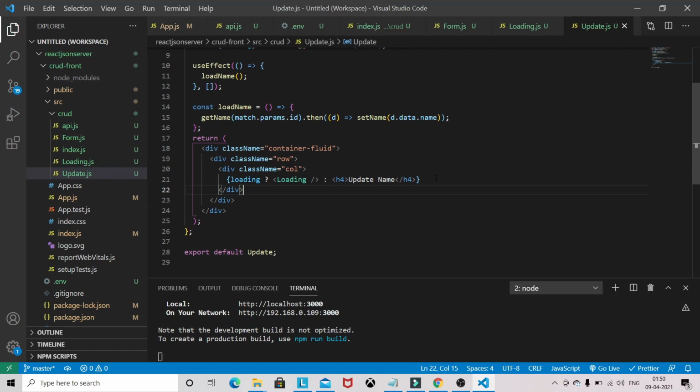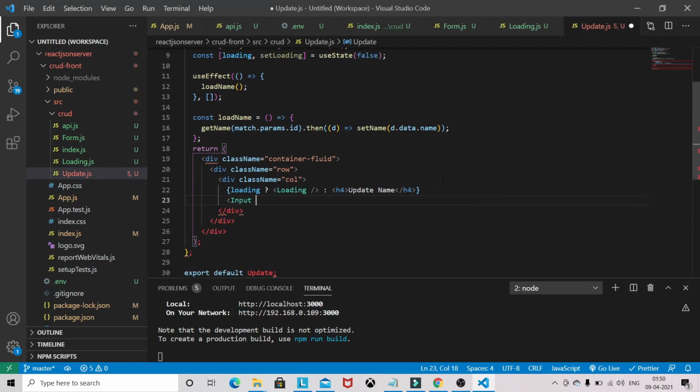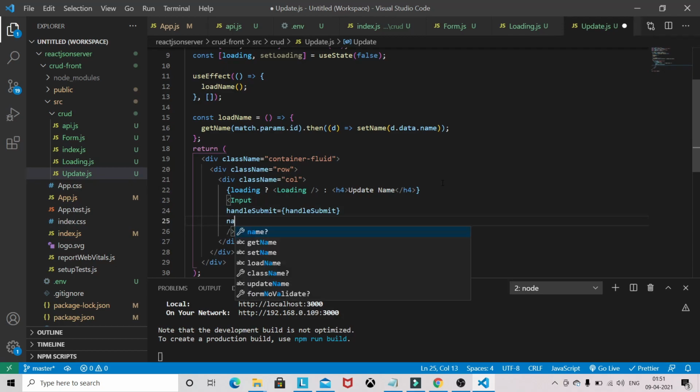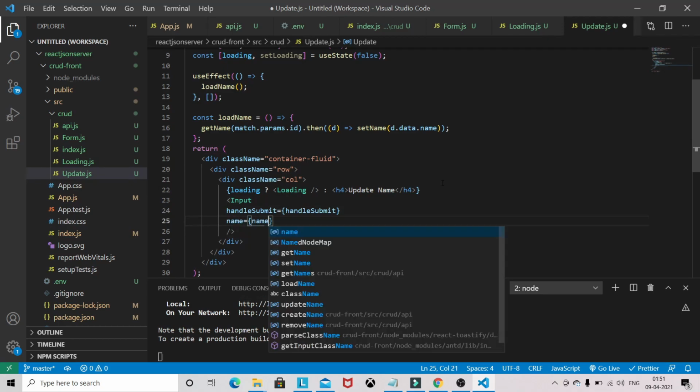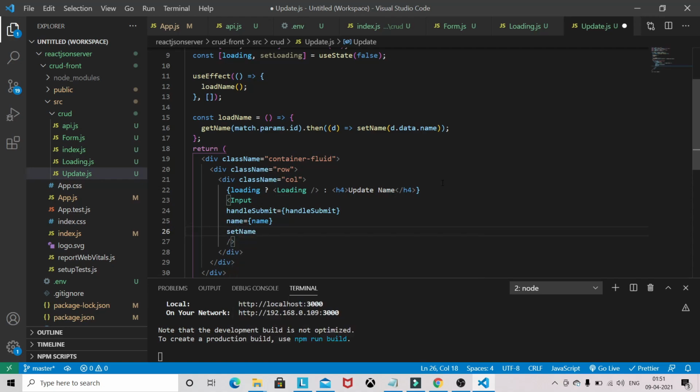And here we need that input. So input accepts the handleSubmit prop and name, setName.